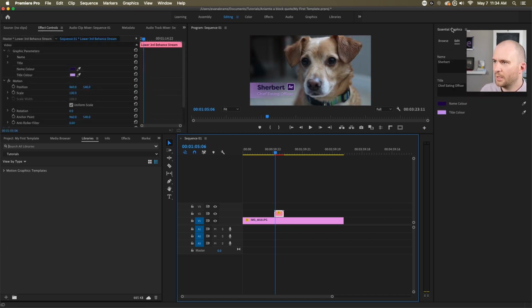And when you click on it, your Essential Graphics window that you have open is going to behave exactly as the stuff looks over here. So these are the things